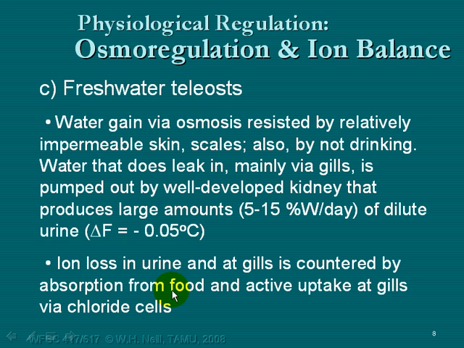That loss in the urine, which is very substantial, as well as the loss at the gills through just diffusion of the ions into the water from the blood at the gill, has to be countered by active processes. Mainly it's active uptake through cells that historically have been labeled chloride cells, although they actively absorb all kinds of mostly monovalent ions, both positively and negatively charged. So there are these chloride cells in the epithelium of the gill that are specialized